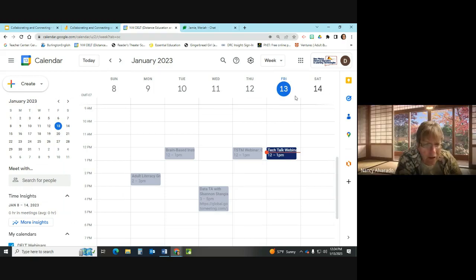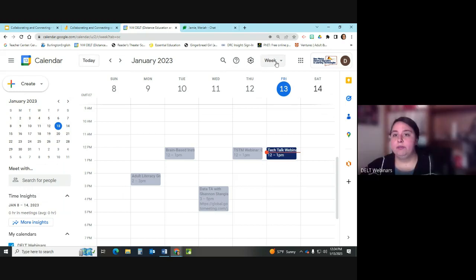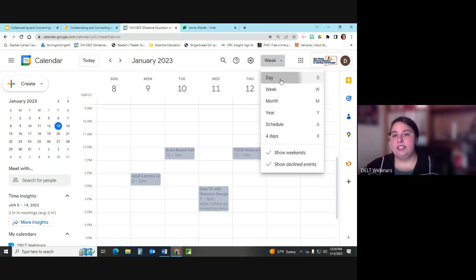So how would you change that to monthly or weekly? That's this button here, in the upper right-hand corner. You would hit this weeks, and it could change it to days, where you would just see the 1 day straight down,